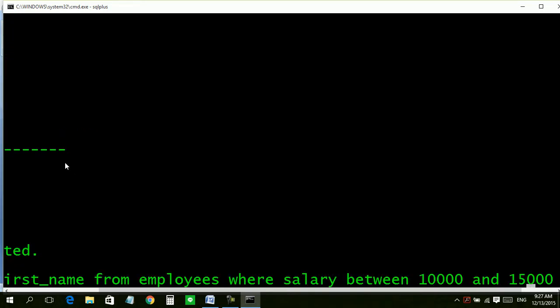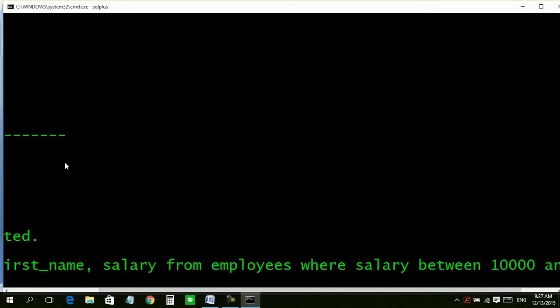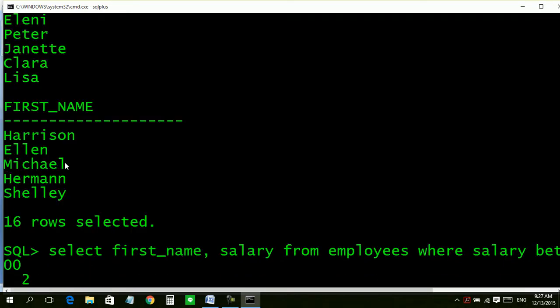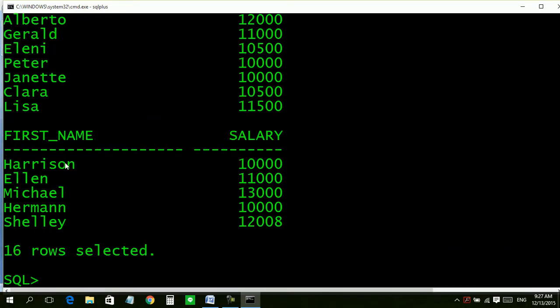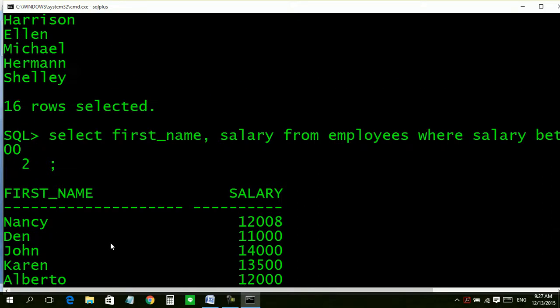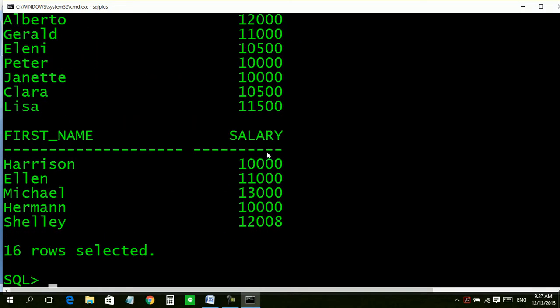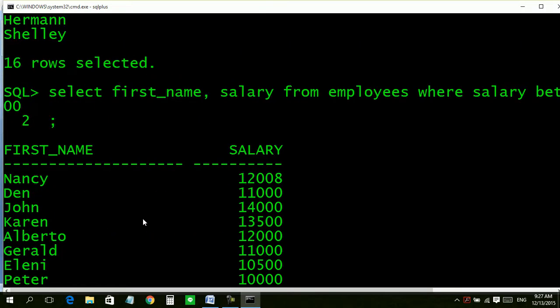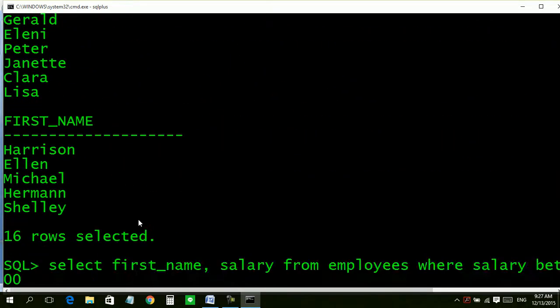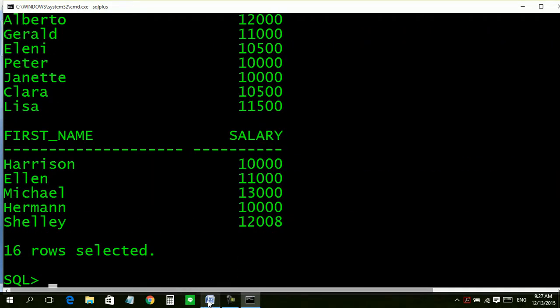You want to see salaries also. First name, salary. Now look, this is the first name and this is the salary of employees, all between 10,000 and 15,000. So this is the use of our BETWEEN operator.